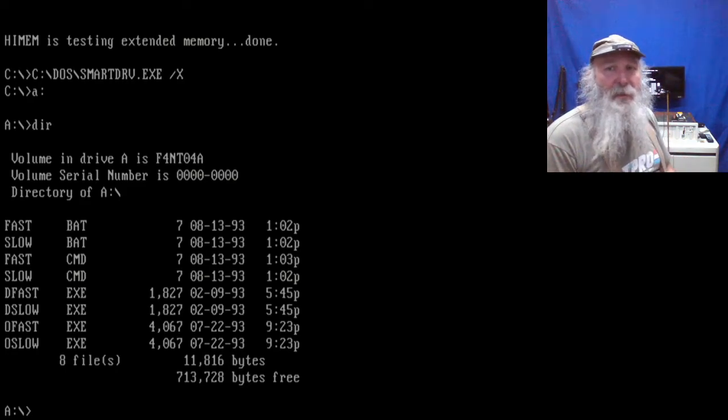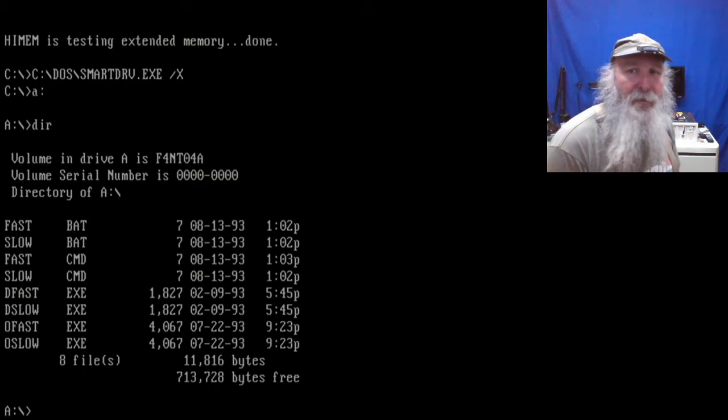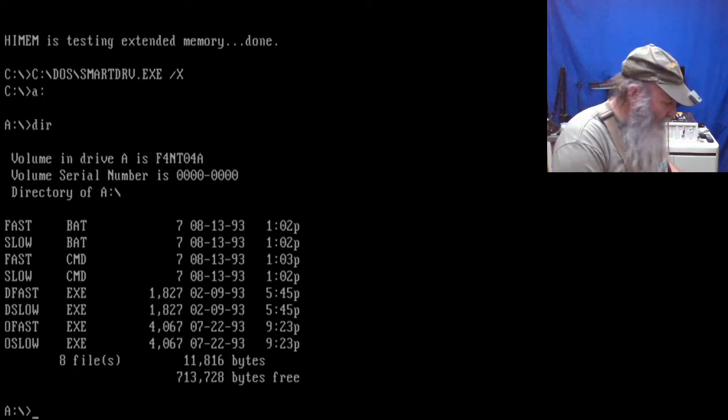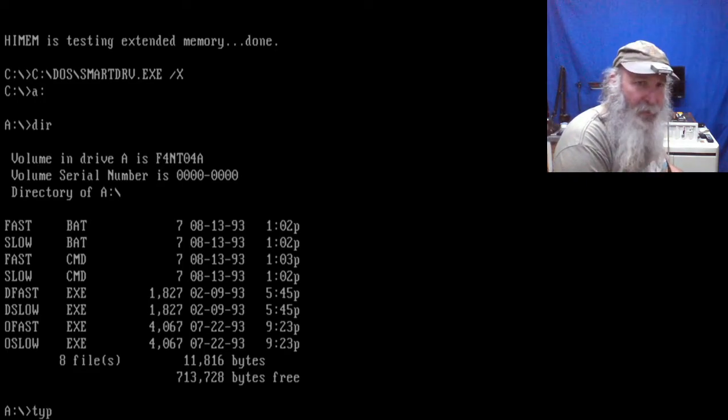And this is the contents of that diskette after extracting it. It's got this fast and slow BAT, fast command and slow command, this dfast.exe, dslow.exe, ofast.exe, oslow.exe. And so let me kind of explain the file structure here. If you do a type that